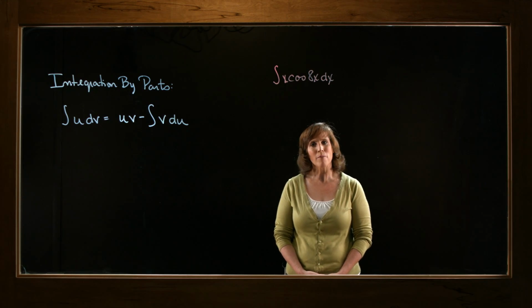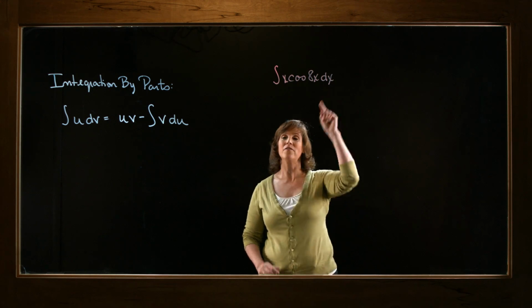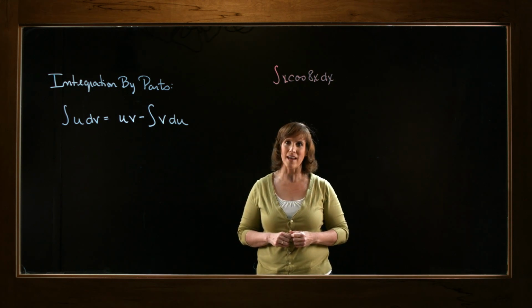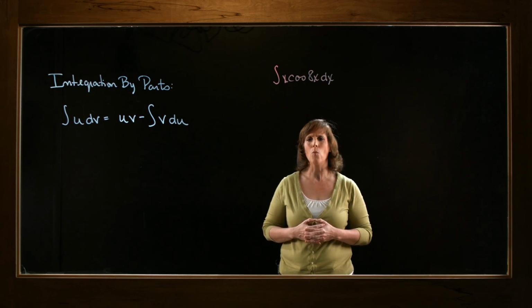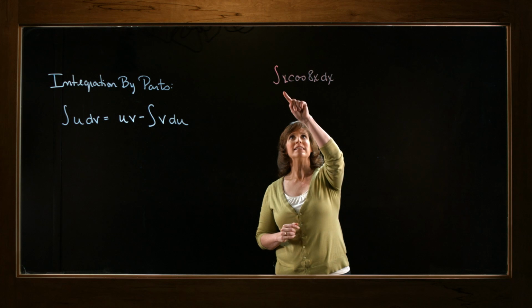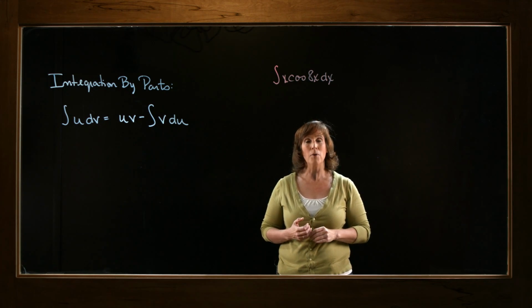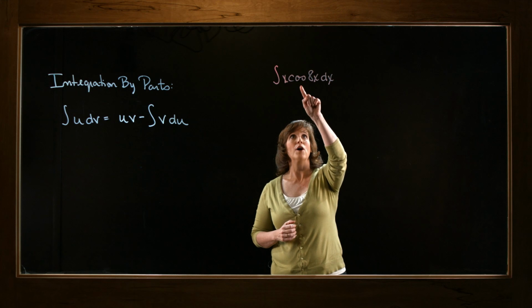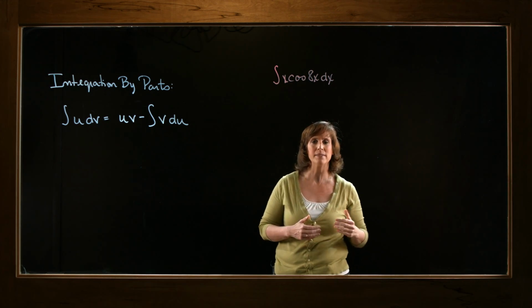Hi, I'm Cheryl Leach. In this problem, we're told to use integration by parts to find the indefinite integral of x cosine of 8x dx. Now, before we dive into this problem, it's worth talking about why I would want to use integration by parts. When I look at this integrand, I notice a couple of different operations. I see a composite function, the cosine of 8x, but then I also see a multiplication, x times that cosine